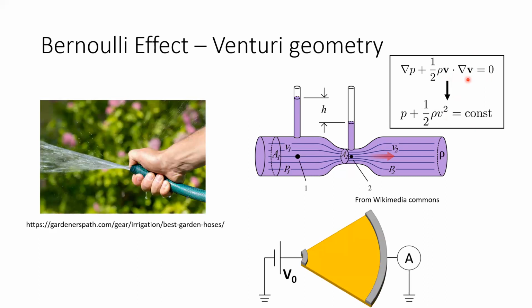This is kind of an innocuous statement of energy conservation in the classical setting, but if you translate these variables to the electron hydrodynamic setting, where pressure is equivalent to a voltage and velocity is equivalent to a current, and design a similar construction, this becomes a non-trivial statement. You'll expect to see a nonlinear IV characteristic simply from the fact that the electrons are in a hydrodynamic regime. Namely, the voltage will go as I squared, or if you like, the current goes as the square root of V.